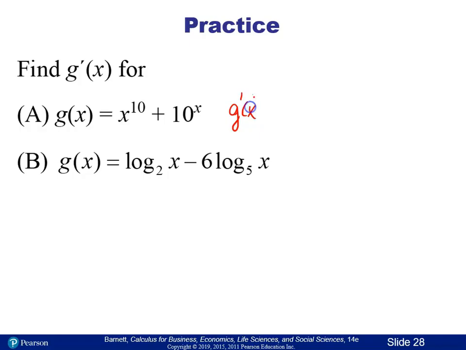If I take the derivative of this first one here, this is just a power rule, so I'm going to bring the 10 down and decrease it by 1. But this uses the derivative of an exponential function. So what that tells me is that I'm going to do the 10 to the x times the natural log of that base. So times the natural log of 10. Okay, this one,